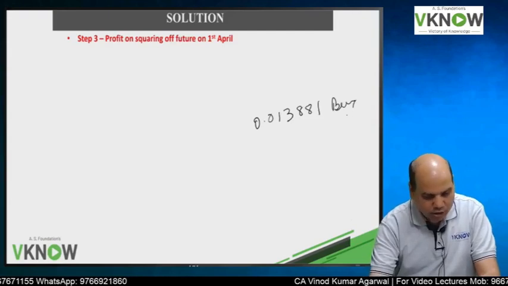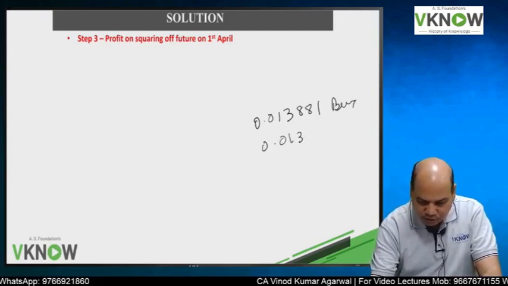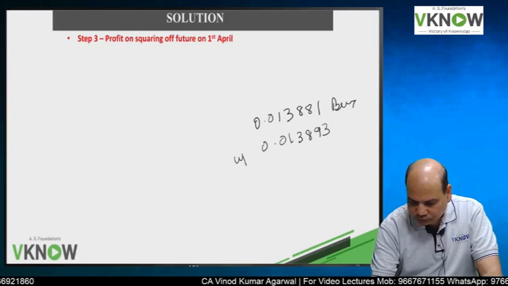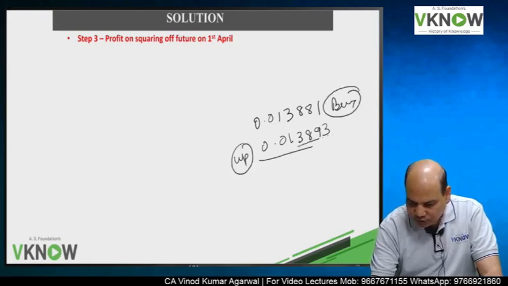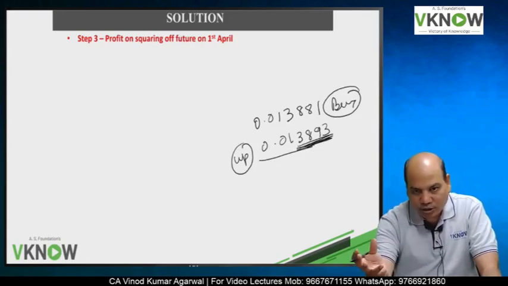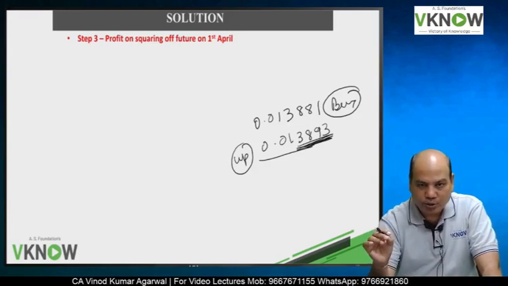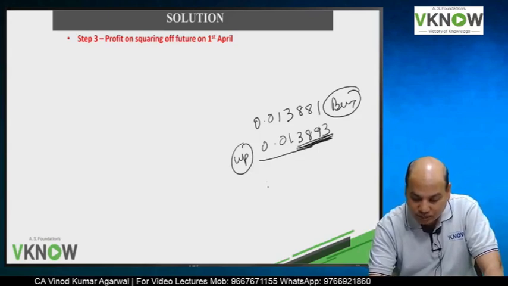Bought. And now the future rate on 1st April is 0.013893. So the future has gone up. So if you have bought future, if the rate goes up, even though it has gone up by a very small number, you are going to make a profit per rupee. So this is the profit